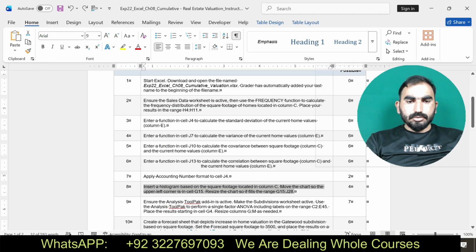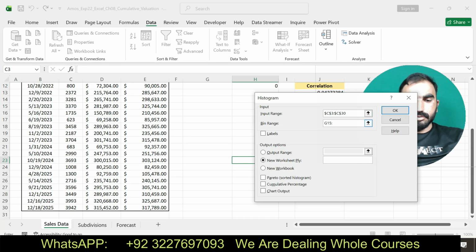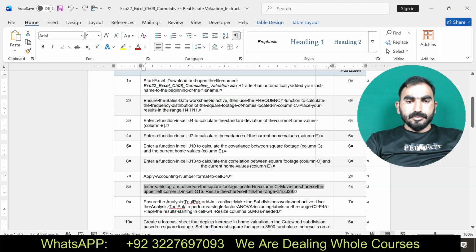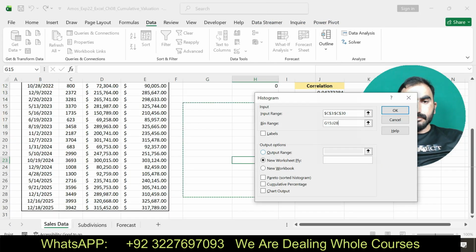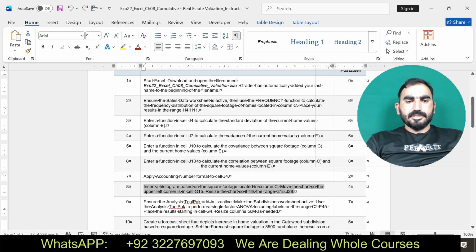G15 to J28. G15 to J28. Not given. Move the chart to the upper left, G15.